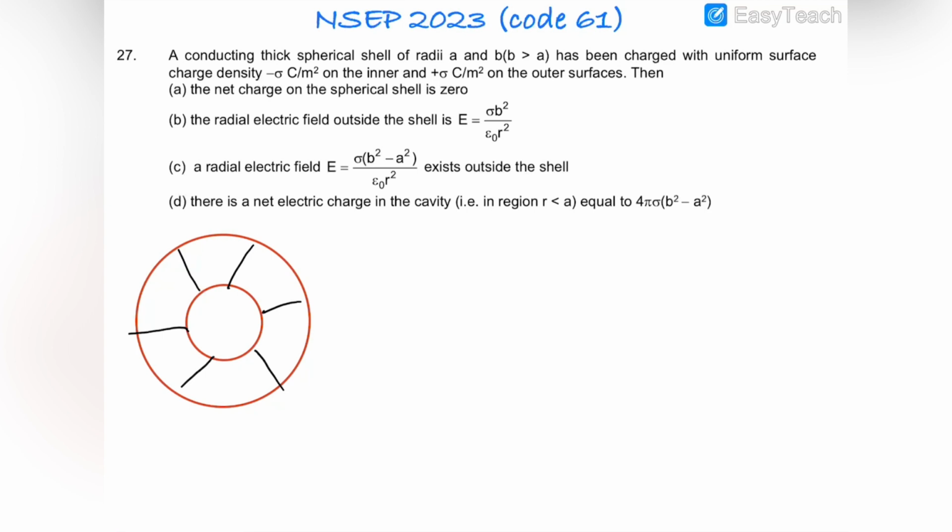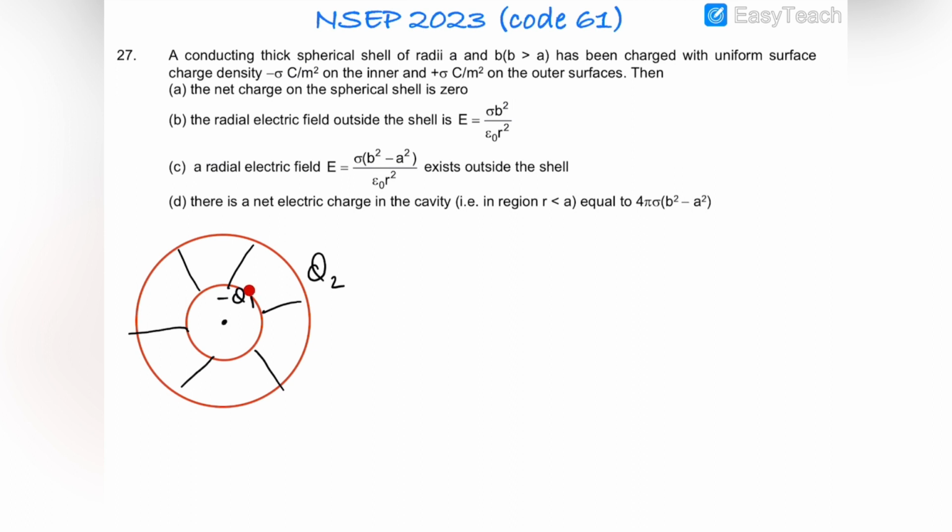In this question, you can see that there is a conducting thick spherical shell of outer radius b and inner radius a. It has been charged uniformly in such a way that the charge density on the innermost surface is minus sigma and the charge density on the outermost surface is sigma. So let us suppose that the charge on the outermost surface is Q2 and the charge on the innermost surface is minus Q1. So we know that